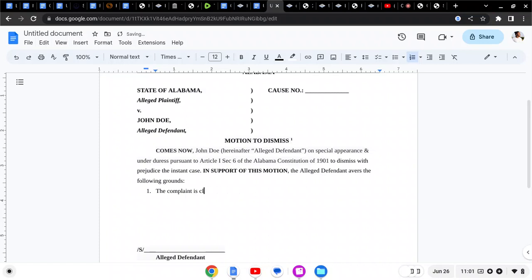Well, let me change that around. The complaint is, this is my favorite right here, devoid of the prerequisite elements of the offense,